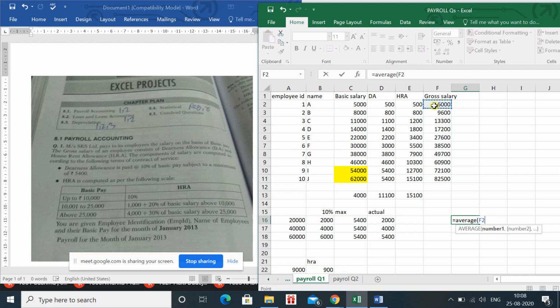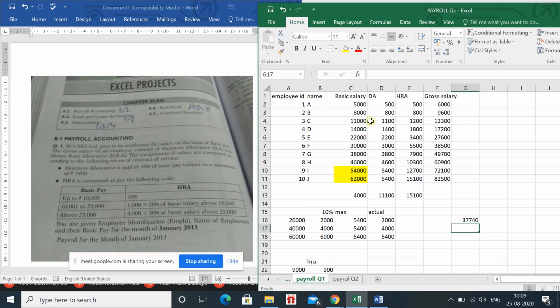Then I will click on the cell from where I want to start. Then press shift and arrow key. Downward arrow key because I want to select the downward values. Shift आपको continuously press करके रखना है. Then arrow key. So this is the way to select. Shift continuously आपको press करके रखना है, then downward arrow key. In this way you can select it and close the brackets. Press enter. Bracket closure is also very important. So this is the average basic salary or average gross salary in this case.